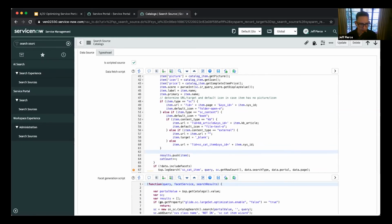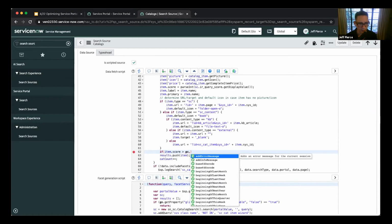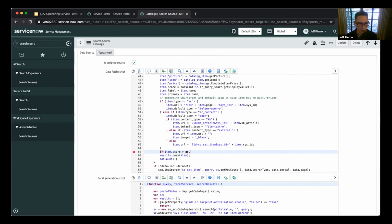And if you wanted to implement a threshold, well, first of all, what I would suggest is create some kind of system property, right? So that you can maintain that number outside of code. But then I would just do something like this. If my item.score is greater than whatever that property was, gs,